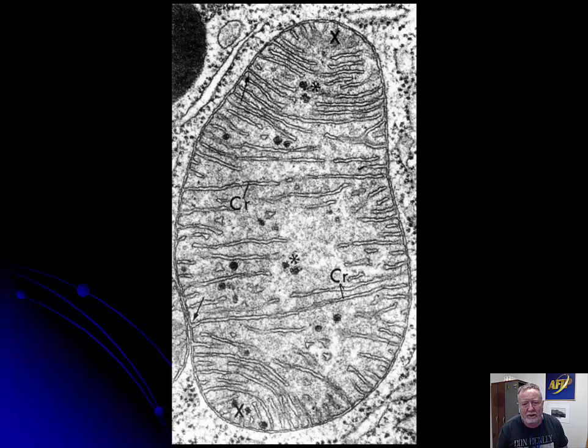Now, probably the most useful, or at least one of the most useful organelles when it comes to talking about ultrastructural anatomy and pathology, is the mitochondrion. And the mitochondrion is the perfect example of something I'm going to say over and over in these lectures, and that is form follows function. Form follows function. And you can look at a mitochondrion and you can actually make some decisions about the cell and the metabolic activity and what type of cell even you are looking at by looking at the way the